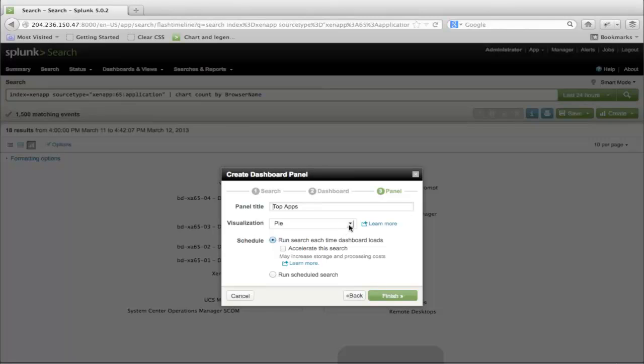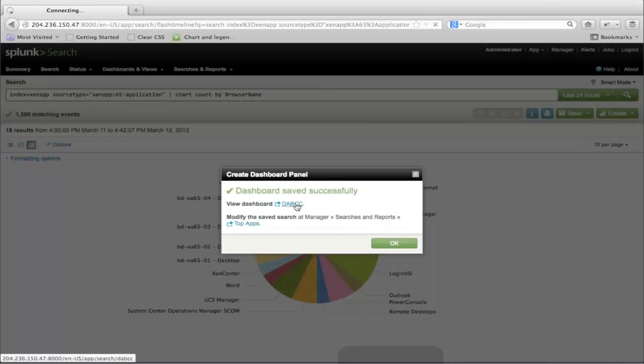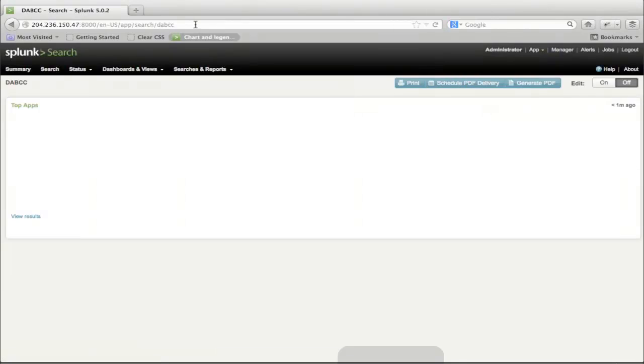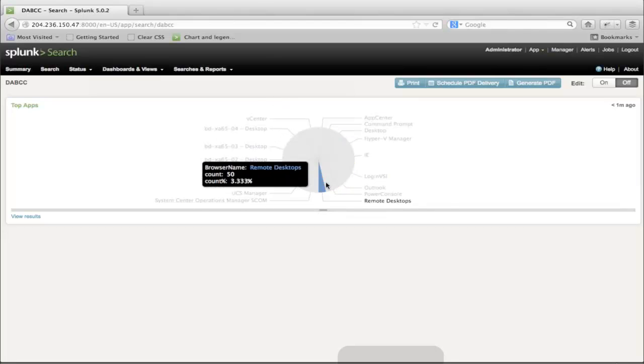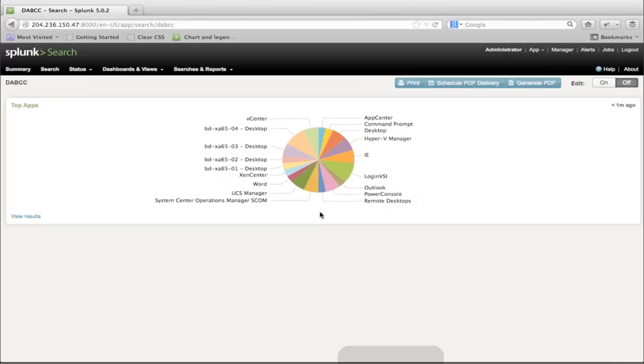And then they're going to say, here's the title for the panel, the visualization. Yeah, I chose pie before, so it just defaults to pie. I could change it here to something else if I wanted to. And then I click Finish. And then what happened is Splunk created this pretty dashboard for me that has a unique URL that I'm able to give somebody. So just go to this URL, and it will give you all this visualization. So here's our pretty pie chart. And all the searching that we did is going on in the background to generate this chart, and it will update every time somebody comes to this dashboard. Cool. And so now I've gotten some value out of my data. All right.